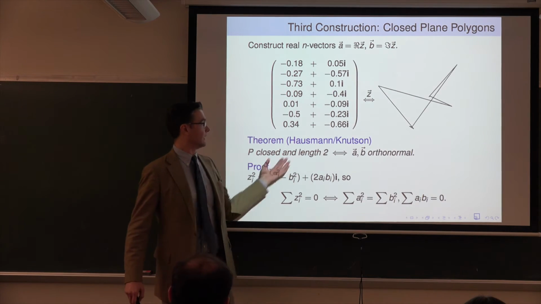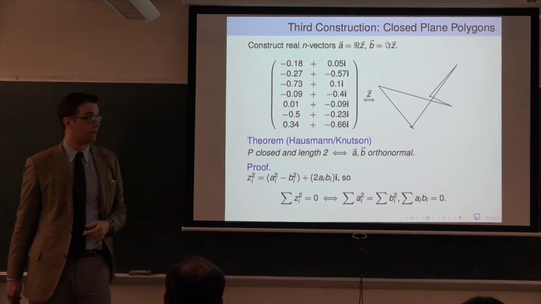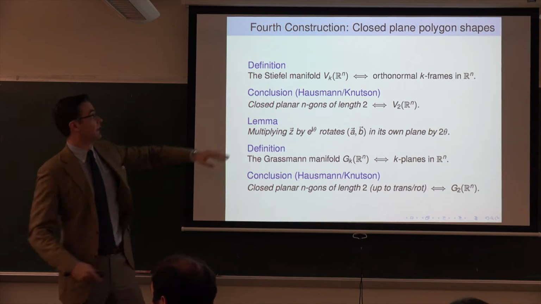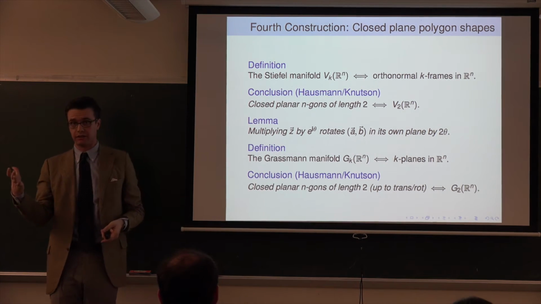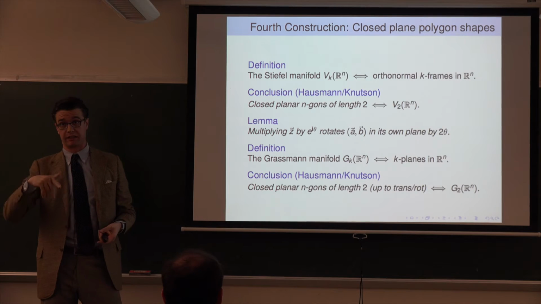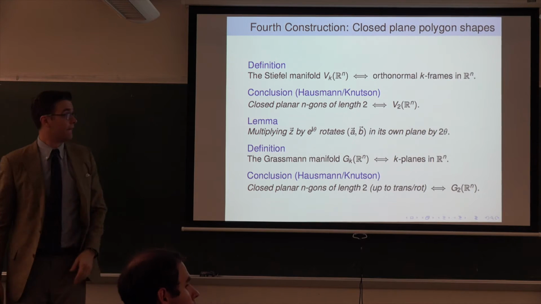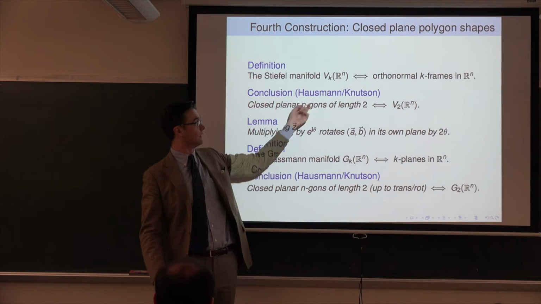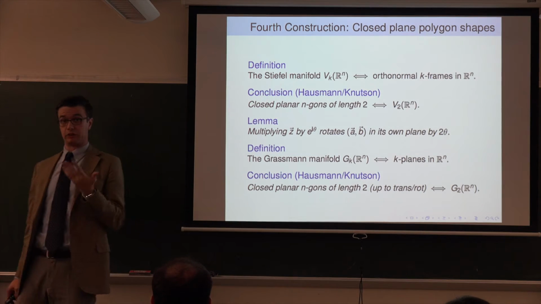So now, the collection of A and B that are orthonormal vectors in Rn, that has a name. That's an example of a Stiefel manifold. So in general, if I write VKRn, that's the Stiefel manifold of orthonormal K-frames in Rn. That just means I take a collection of K orthonormal vectors sitting inside of n-dimensional space, and all possible such things are exactly this manifold VKRn. So the Hausmann-Knutson theorem says, well, if you're taking closed planar n-gons with this length factor, then you're exactly talking about this particular Stiefel manifold,